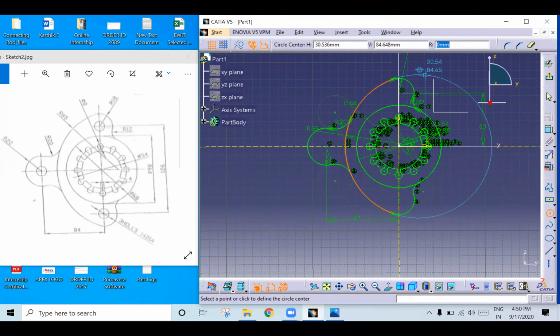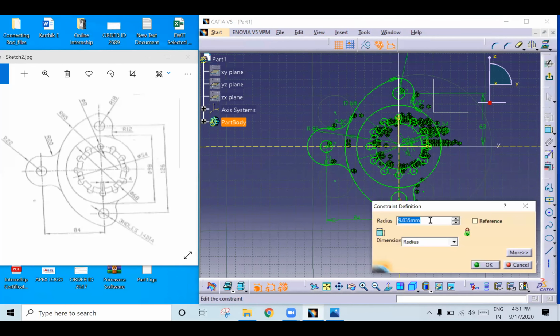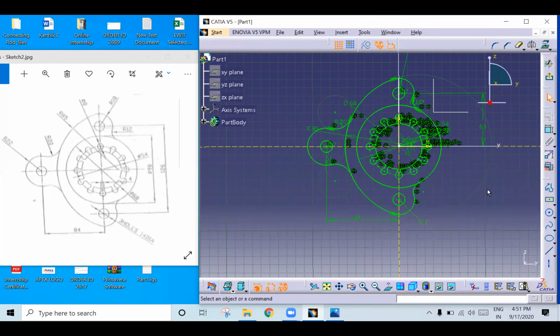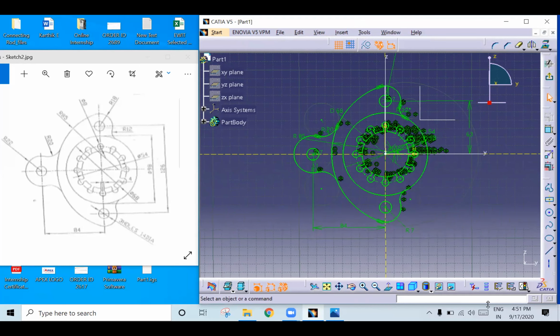Just press 7 and directly you will get the circle, place it here. Double click it, 7, place it here, place it here. Like this you can create, or else directly create it and give dimensions. This is how you can get it. Now you can check.